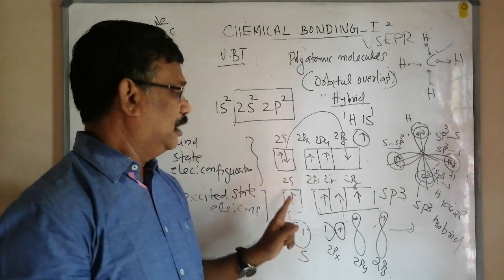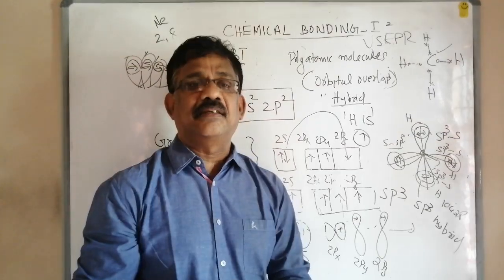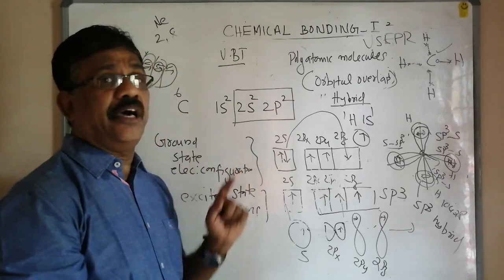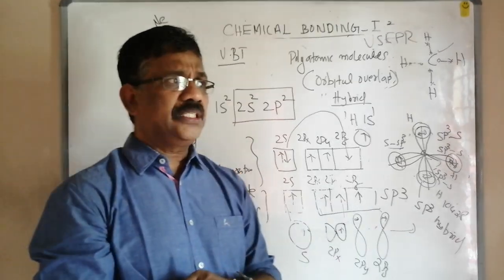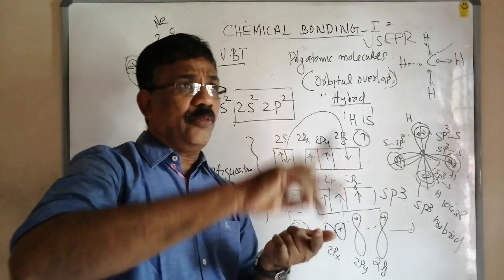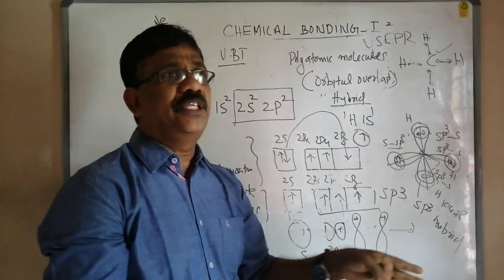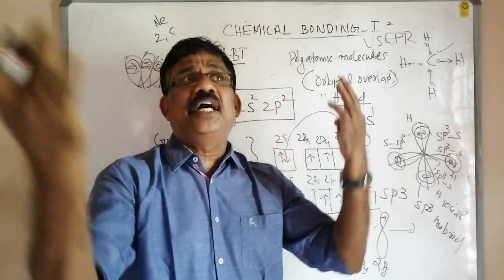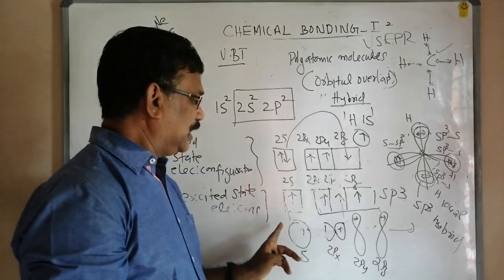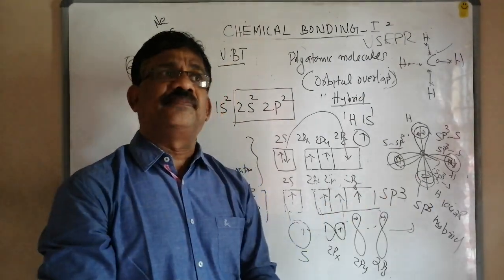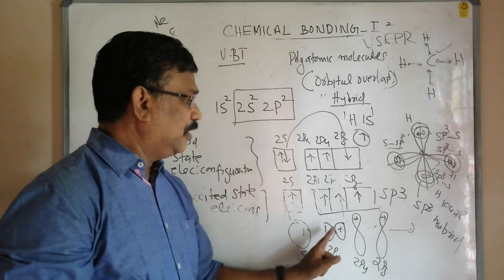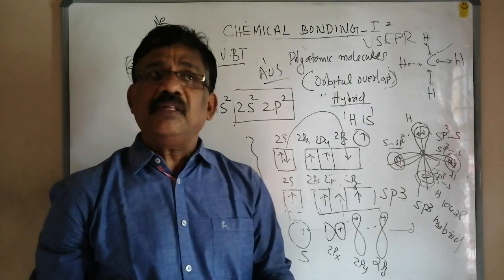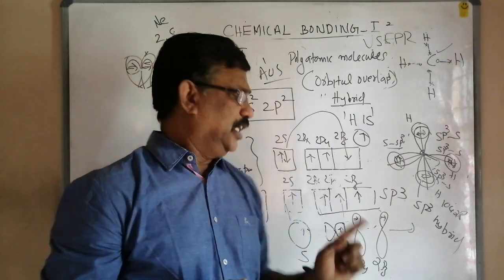So what is hybridization? Intermixing of atomic orbitals of the same atom. Here the atom is carbon. Hybridization is not the mixing of orbitals of one atom with the orbitals of another atom; it is not between the orbitals of carbon and hydrogen. It is the intermixing of the valence orbitals of an atom. So hybridization is the intermixing of atomic orbitals of the same atom having slightly different energies and different shapes